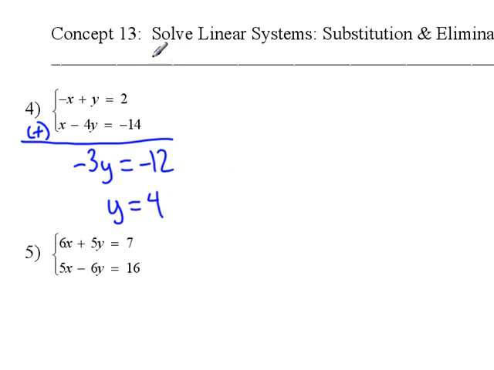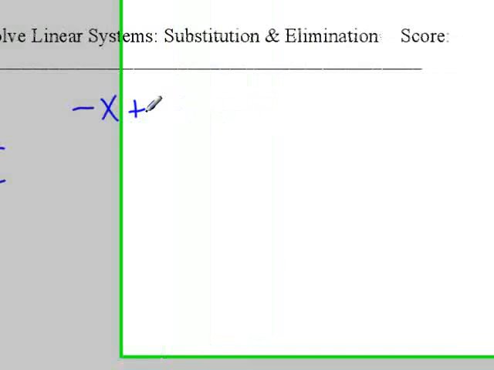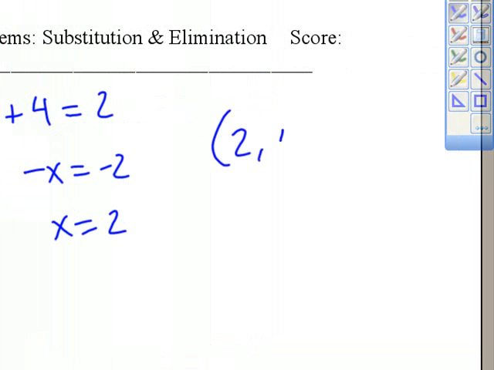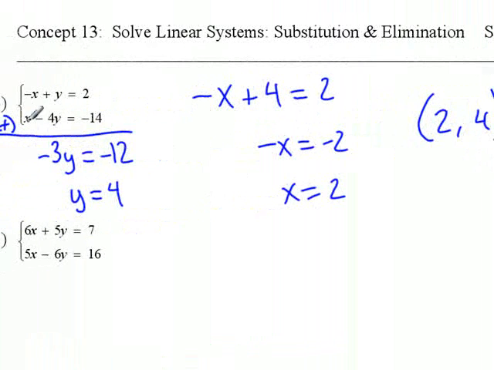Now I'm going to take that value and substitute it into one of the original equations. So negative x plus y, instead of y I'm going to put the 4 in, equals 2. Subtract that 4 from both sides. Negative x equals negative 2, divided by negative 1, and x equals 2. So it looks like my solution is 2, 4, but I'm going to check that by inserting that into the